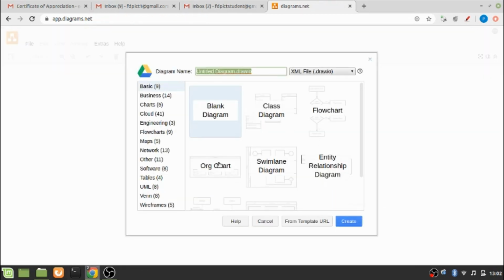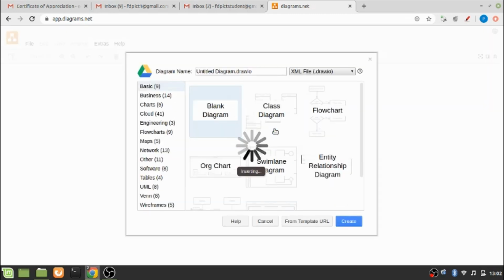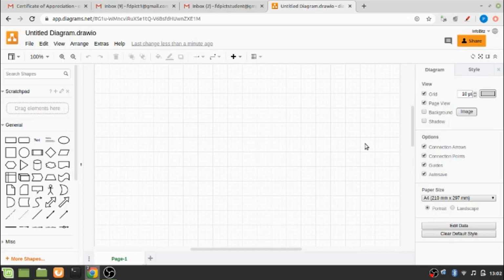Let us try another one. Here I want to create a new diagram of my choice. So I click on a blank diagram and choose create, use root folder. Okay. This is a blank page that has appeared, and you can draw anything that you wish to create of your own using the tools available in this.